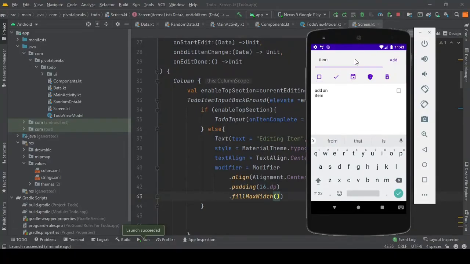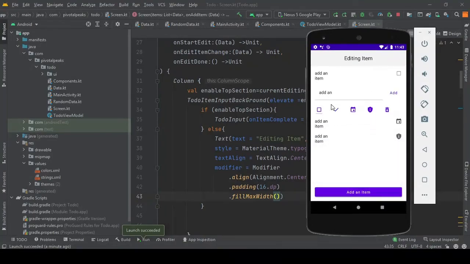Oh, and let's add another item, and let's see if we edit, then we get the header. So yeah, when we are in the editing mode, we get this nice header of editing item, so we can differentiate whether we are editing or adding a new item.